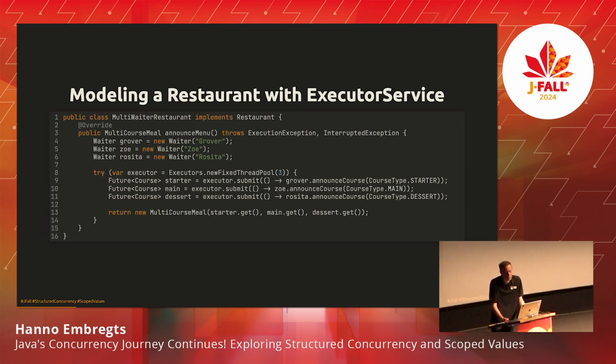And overall, what if the thread that is running this code, let's assume it's the main thread, for example, is interrupted? Then this interruption will not propagate to the subtasks, right? All the subtasks could happily continue doing their work, whereas the method that started them has already been interrupted. So that's also quite unfortunate.